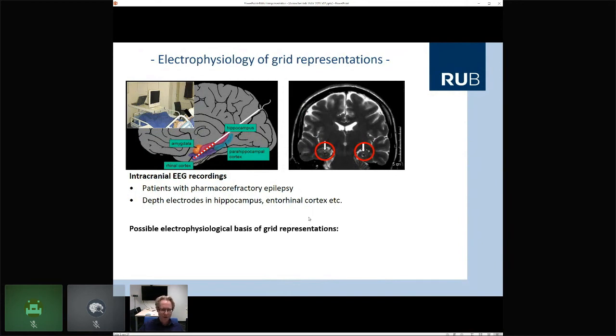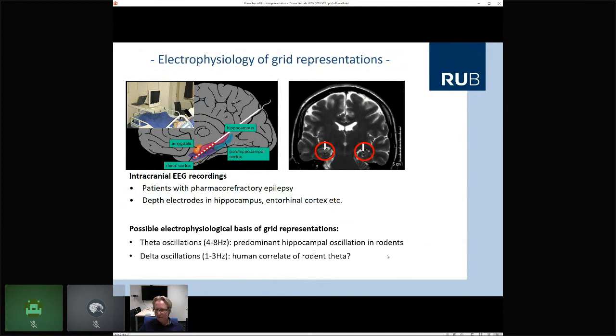And we tested for different possible electrophysiological mechanisms of grid representations. On the one hand, we tested whether they relied on theta oscillations, which are the predominant hippocampal oscillations in rodents and other species. Alternatively, we argued that maybe delta oscillations between 1 and 3 hertz could play an important role because it has been suggested that they are actually the human correlate of rodent theta oscillations. And finally, we tested whether broadband gamma activity as a measure of overall neural activity showed the pattern of grid